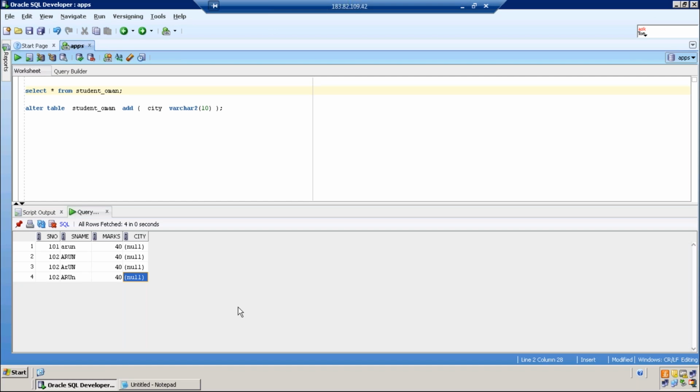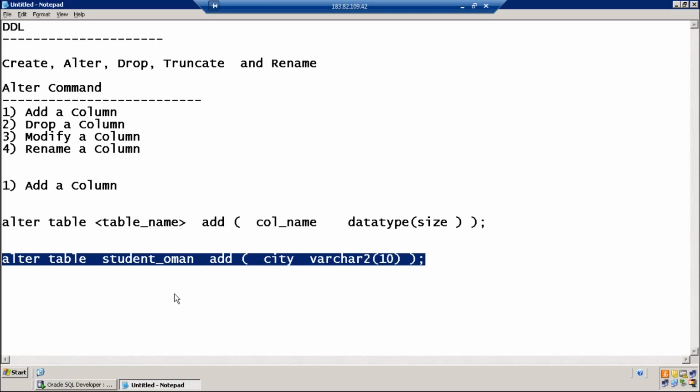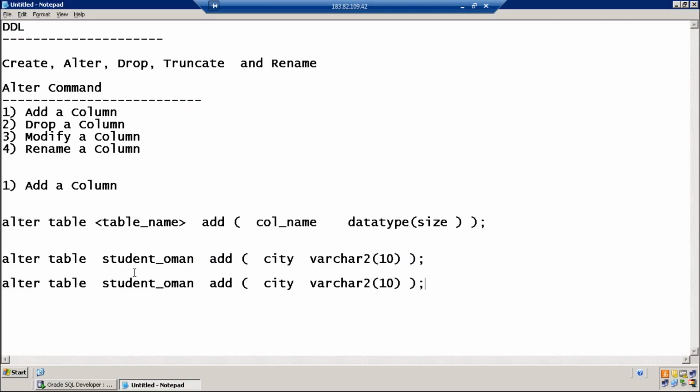Now if you want to add two columns, city and state, you can add both the columns using one query also. Let's say, for example, now I want to add state and country. Comma, like how you create a table, list all the columns in the same way.